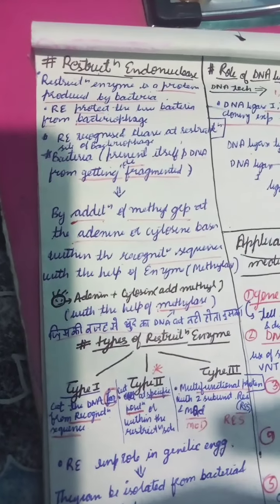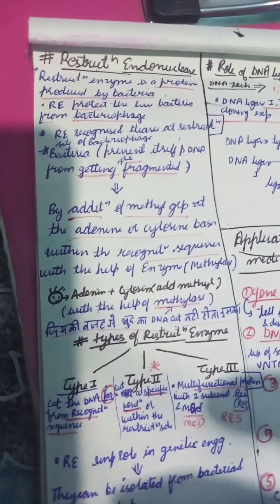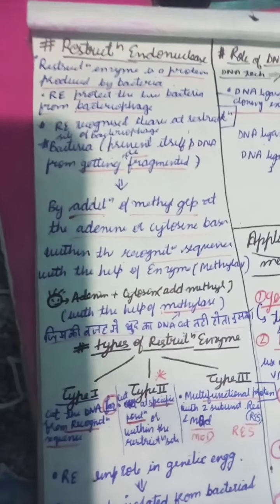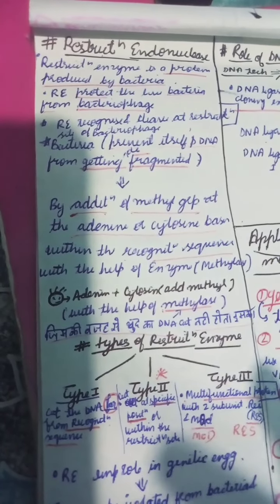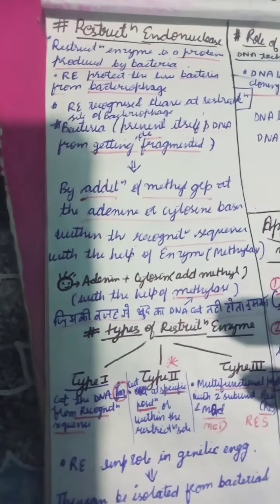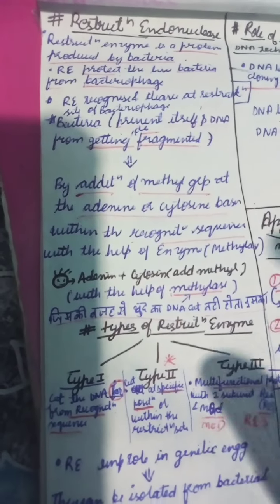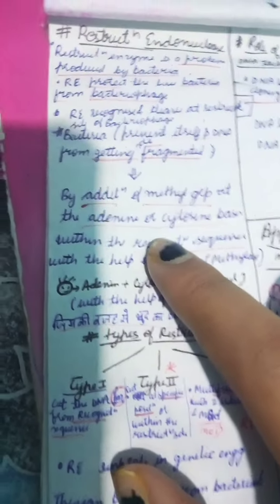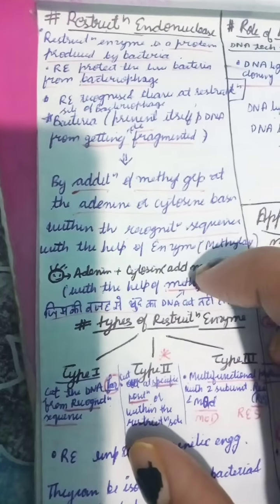Unit 2 will study the restriction enzyme, restriction endonuclease. Basically, a restriction enzyme is a protein produced by bacteria, and it protects the bacteria from bacteriophage. Restriction enzyme recognizes the cleavage site present on the bacteriophage, and it cleaves the DNA of